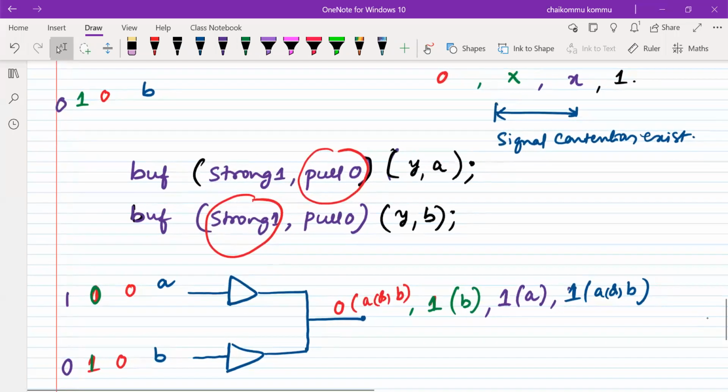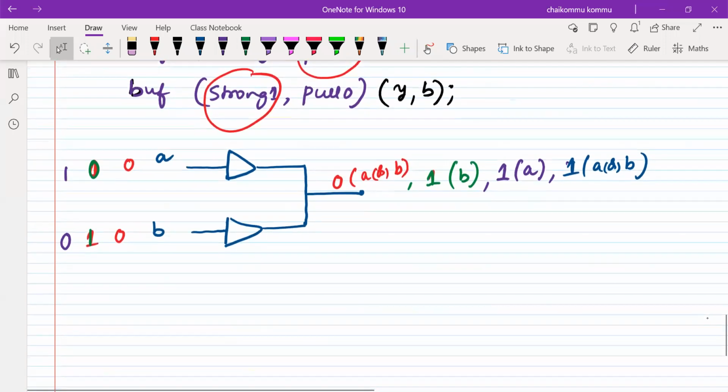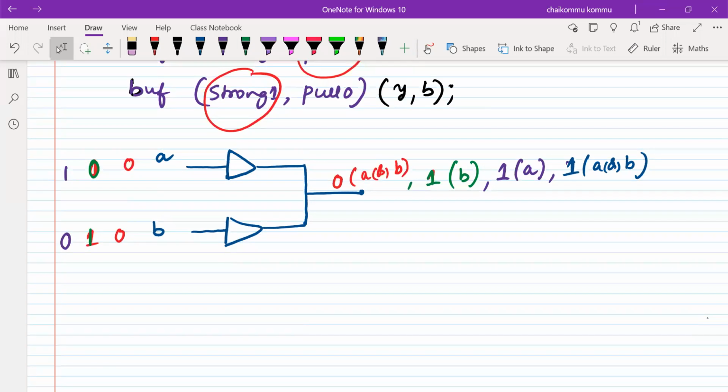That is how we can clearly mention the signal strengths. This information is more than sufficient, but you have to remember that the default strength of logic 0, logic 1, X or Z is a strong strength when it is a drive type. Otherwise, it will be a capacitive type. Fine. Some doubt is there, I'll clarify that. What is the doubt?